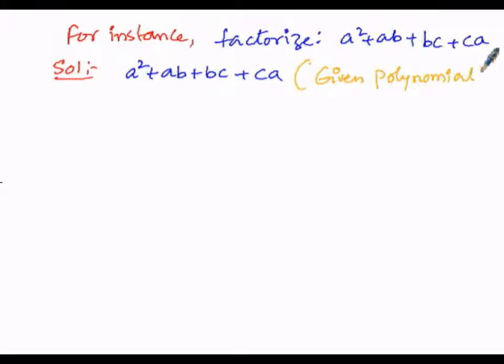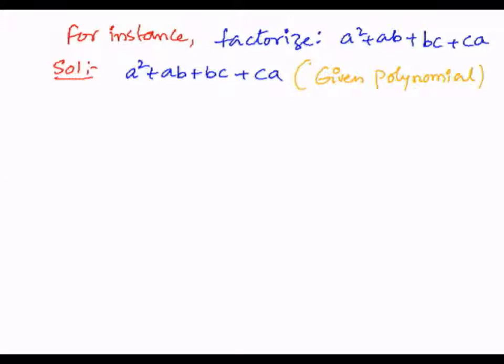So in the given expression there are 4 terms. The first term is a square, the second term is ab with positive sign, the third term is bc with positive, and the fourth term is ca with positive. As per step number 1 in the procedure of grouping the terms to factorize the given expression,